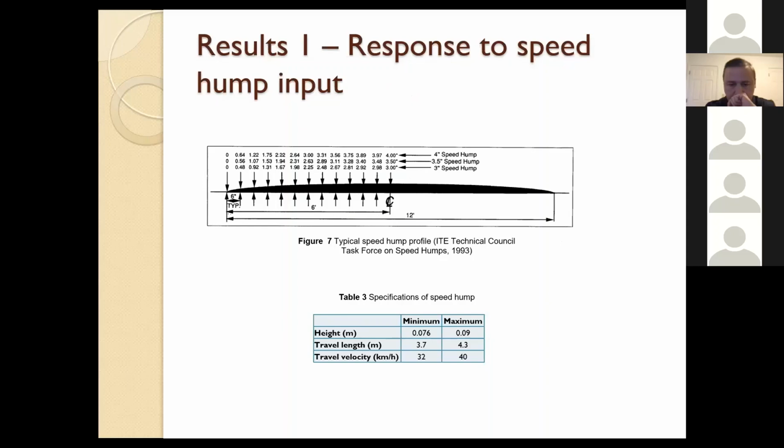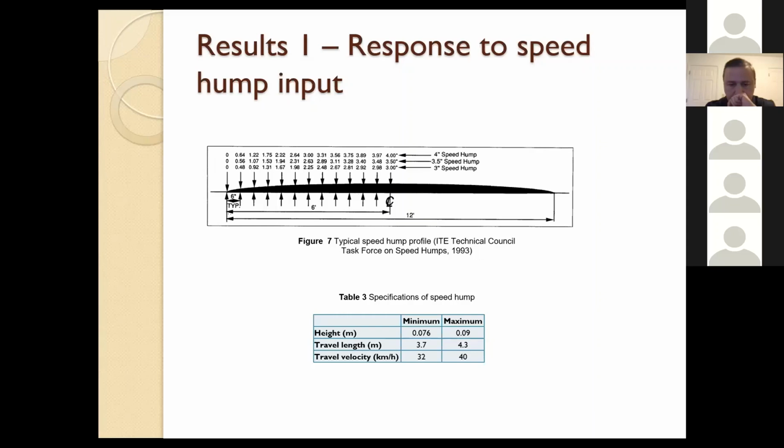For the results, we are now comparing using the typical speed hump profile. As I mentioned, we are talking about passenger cars, not off-road vehicles. Off-road vehicles will have a different treatment, and as I mentioned also, the treatment might involve nonlinearity to a great extent, especially in military applications and other things. But for passenger cars, this profile can be quite representative of what most road profiles have.